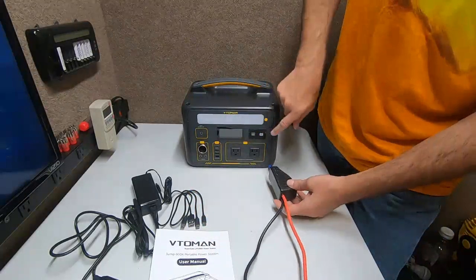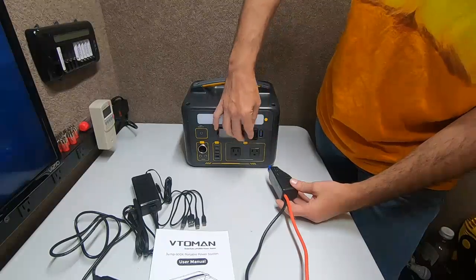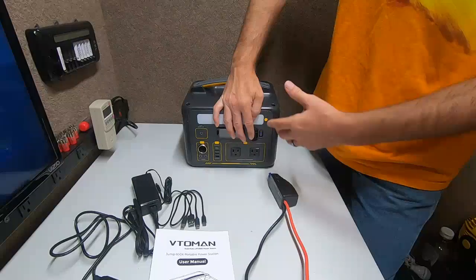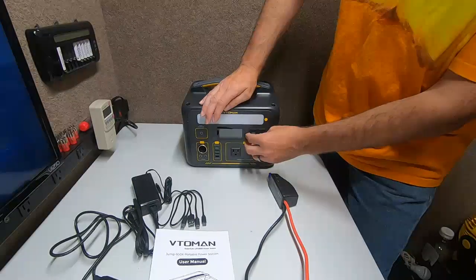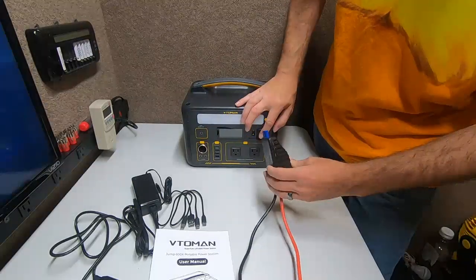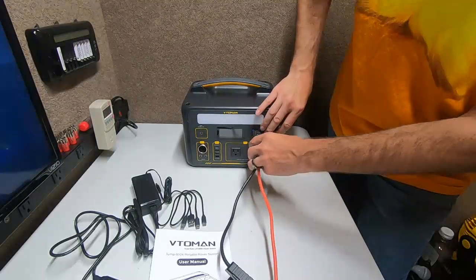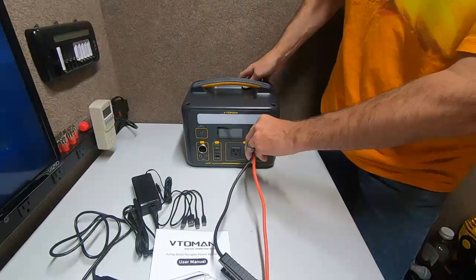Okay, so now this side is a straight battery port where you either want to come out of the battery to charge something, or run it right up the battery. And then this is the jumper cable side. So I have a feeling that you take this little guy, and I don't really know how to do it. Okay, like this. All right, so you plug that in like this, and then...